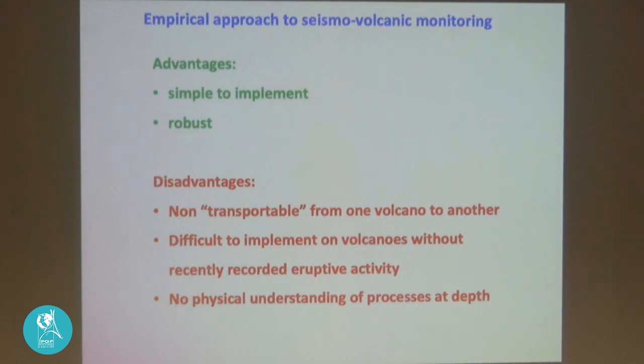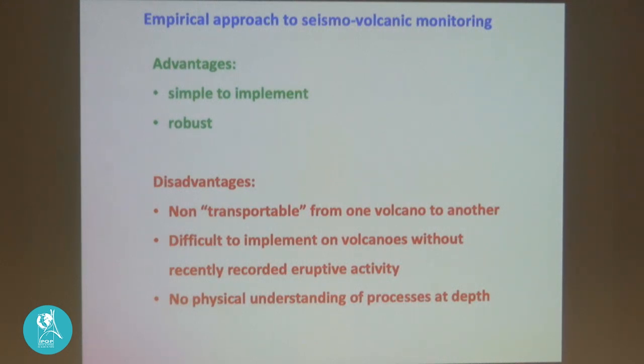Also, many volcanoes don't have a rich history of recent activity and instrumental observations, and for such volcanoes it is difficult to develop a good empirical interpretation. And then we still miss physical understanding of processes at depth, and this is obviously, at least for me as a scientist, something